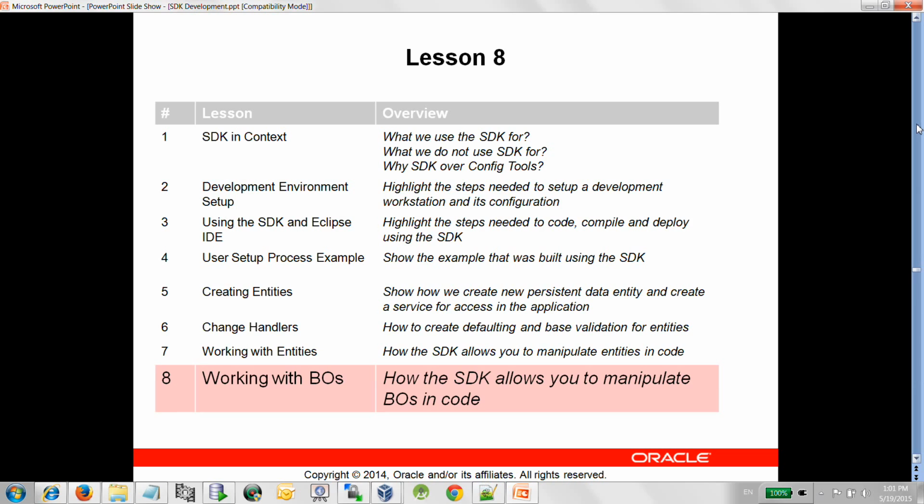And we just learned in the last lesson that data can be manipulated directly using the DTO and the entity. But you can still manipulate the data directly using a business object, similar to what we do often in config tools and scripting. The reason to actually, even in these Java classes, to use the BO is that sometimes